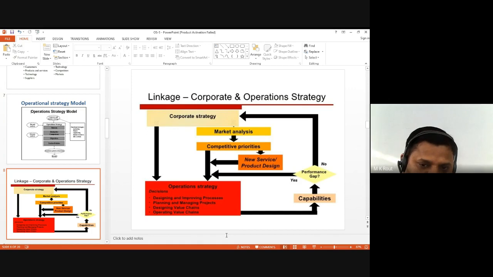The next part is your corporate strategy to market strategy. In that case, the corporate strategy provides the instruction to the marketing team. That marketing team is responsible for conducting various market analysis. The market analysis basically includes competitive priorities, and that competitive priority directly provides the decision regarding operation strategy. The next part is that in case of competitive priority, most of the companies directly go to new service